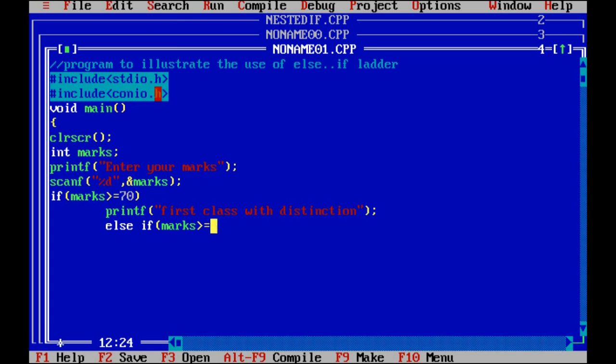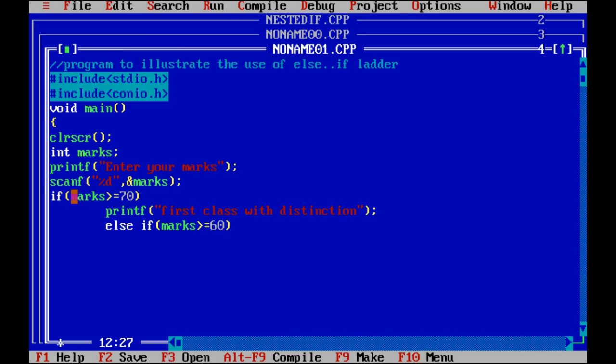Now here, do I need to put that less than 70? Just try to think upon it and answer me. Or do I have to only put greater than or equal to 60? The answer is I do not need to specify less than 70.